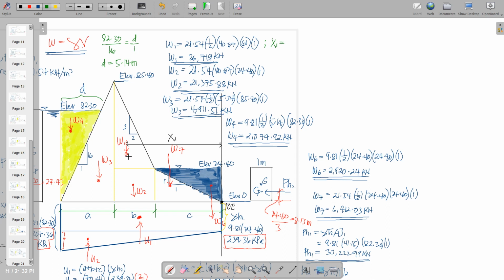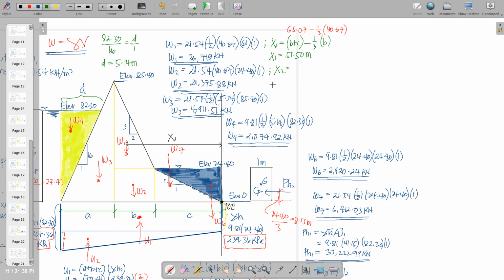So W1 is actually this total dimension minus 1/3 of B. So 1/3 of the base of this triangle, and that is B. So here the dimension B plus C is 65.07 and B is 40.67. Therefore,